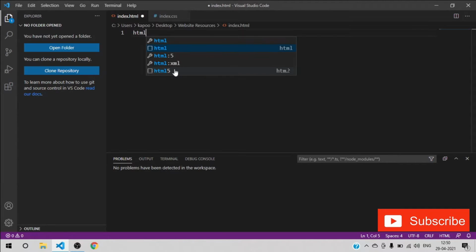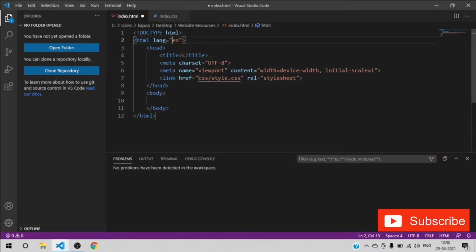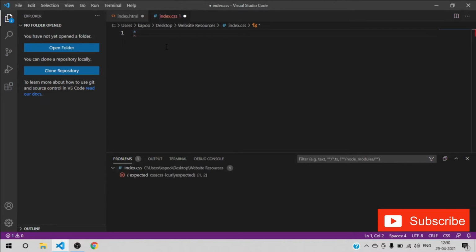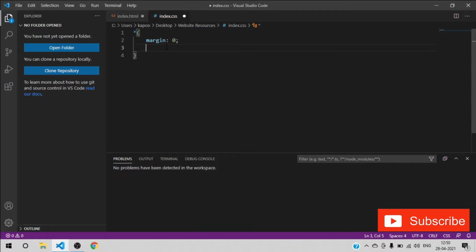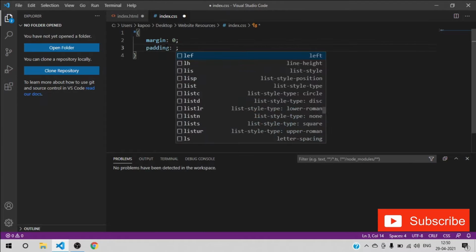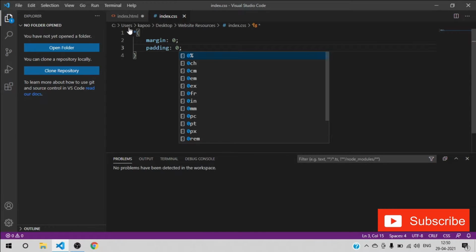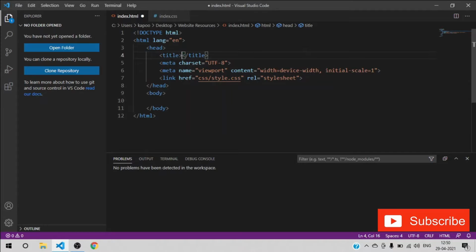Then open index.html, insert your boilerplate, and then open the index.css file and give the margin of 0px and padding of 0 to the whole HTML, and link this CSS file to your index.html page.